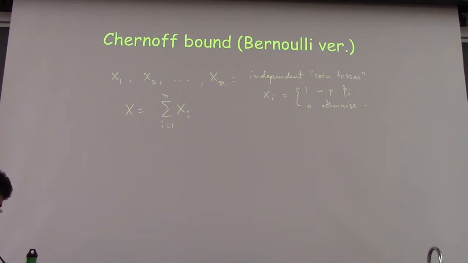And these are independent coin tosses. Okay, so independence again means what I said. The question we want to understand is, what is the probability that x minus the expected value of x is more than some lambda. Here again we are interested in lambda being some multiple of the standard deviation. So that's the quantity of actual interest.